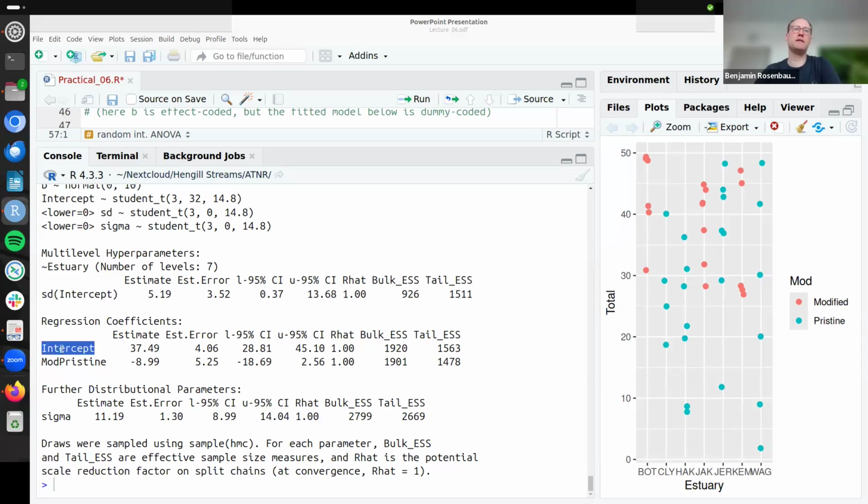Yeah, and here we see the intercept. This is because it is a model with a categorical predictor. So the intercept is the mean prediction at modified. For the red dots here, the mean is 37 something, and the difference: the pristine estuaries on average have like 9 individuals less, right? So there's higher abundance in the modified